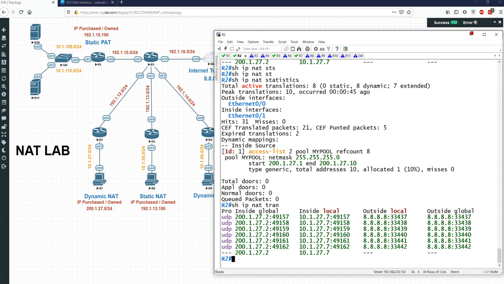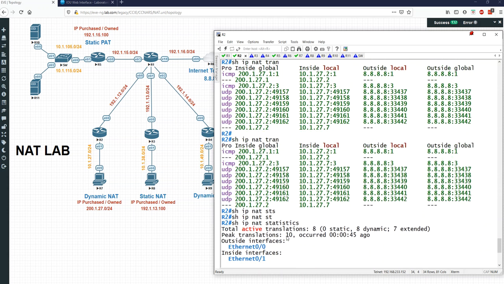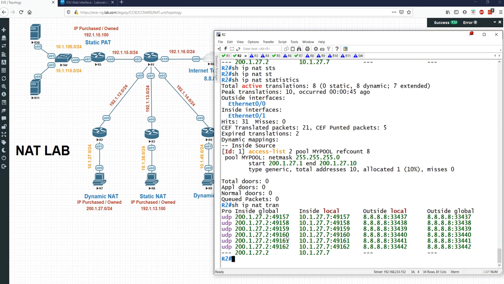So the 60-second timeout is working, so I'm going to time out my translations in 60 seconds. It is good for testing purposes. You can reduce the time so that you can see if this is happening, and so on and so forth. Now if router 7 is a host, you can create multiple loopbacks and different networks, but they won't be allowed